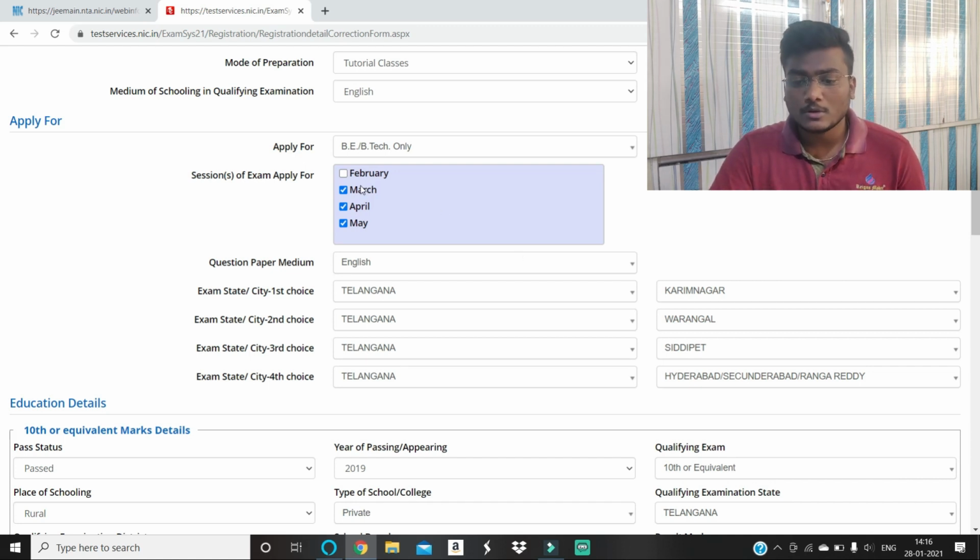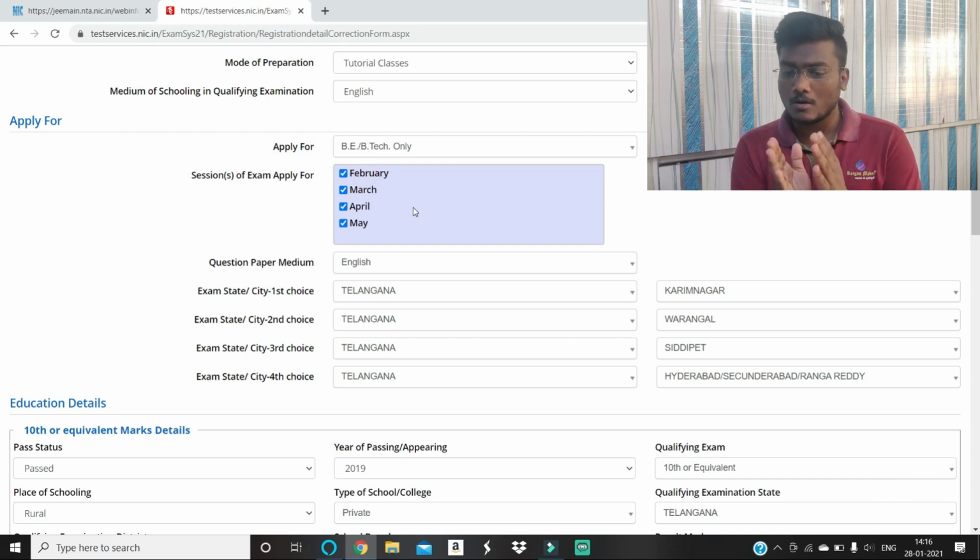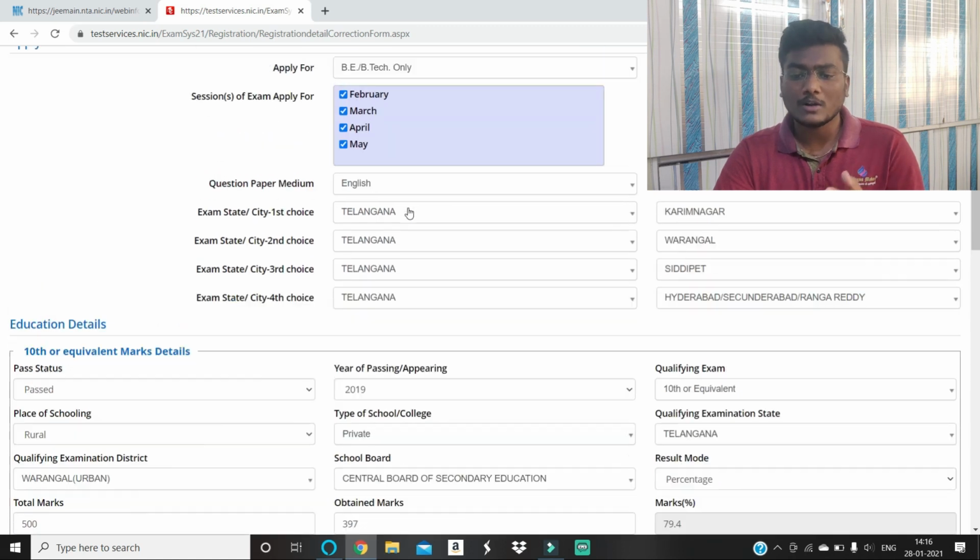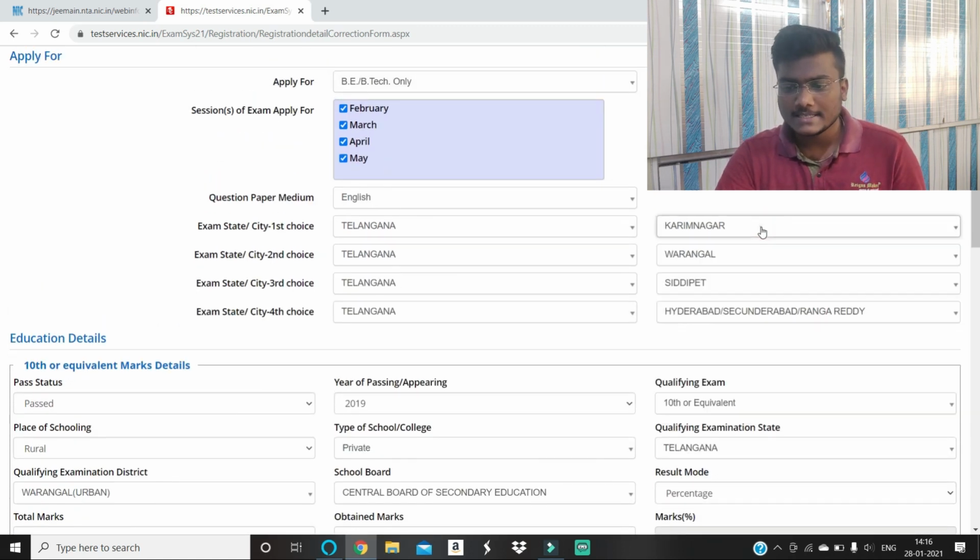Previously, if you applied for only one, and now you want to include May or March or February, that also you can do. Based on your convenience and your choice, you can choose these exams and these attempts. If you want to change anything, you can change. You can change the center also. Preference of the centers can also be changed in this correction window.